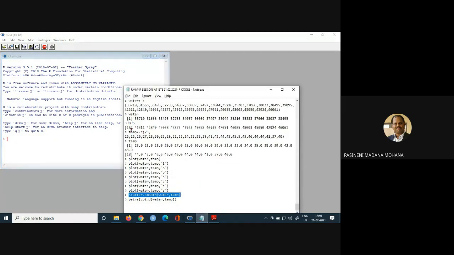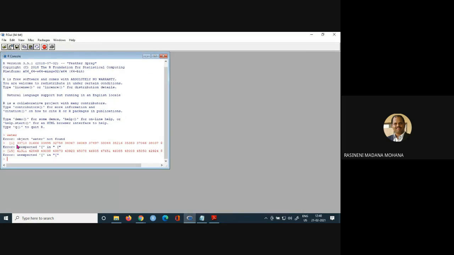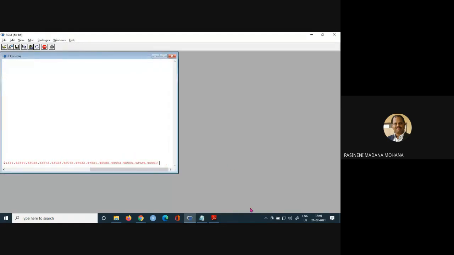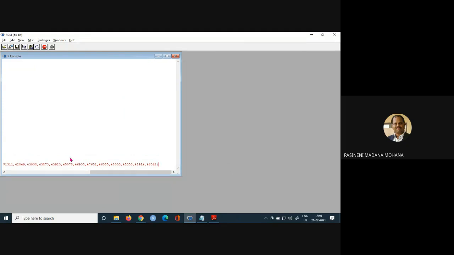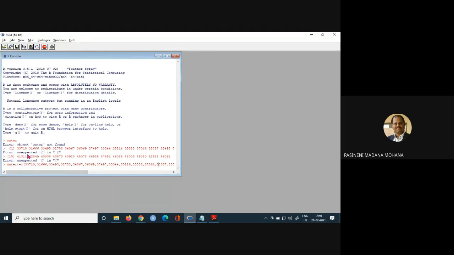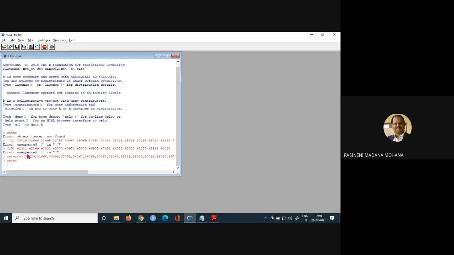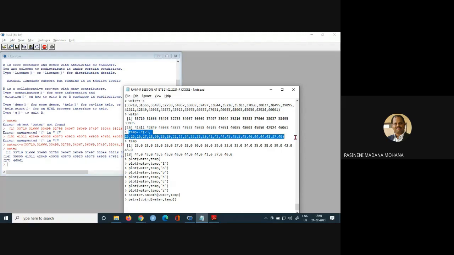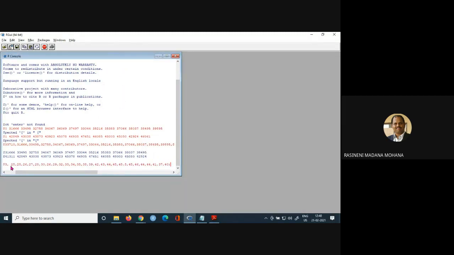Let us create the two vectors again, because here we closed the window. Water and temperature, TEMP.